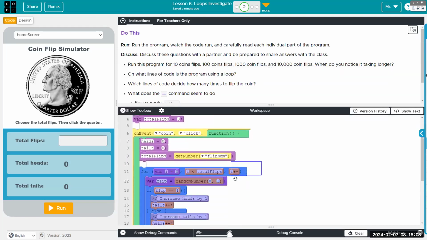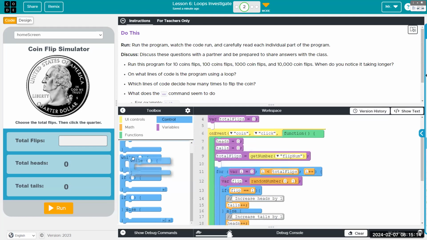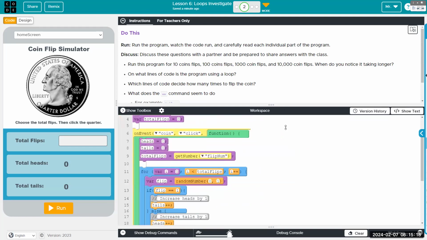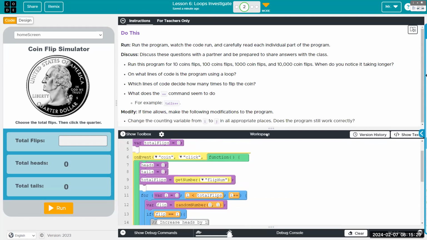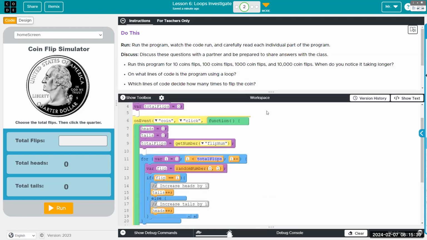Loops, okay, the for loop is the only loop that we're using so far. Is that the only one we have? Yeah. Oh no, I mean we have while loops, but while loops require a little bit more foundation. You need to declare your own counting variable, where a for loop has a built-in counting variable. I is usually the name of the variable used for it, but it could be anything.